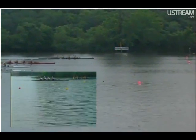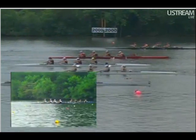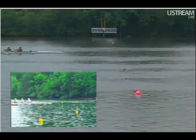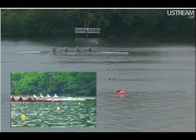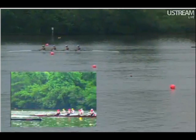And to the line, it's St. Andrews. Community. You're going to have to go to usrowing.org for the final on that one. What a great race in the C level final for the women's